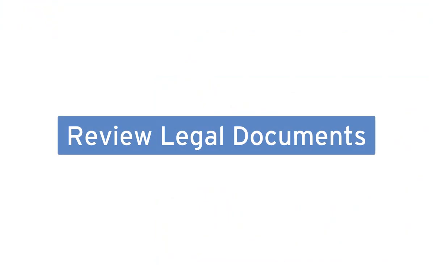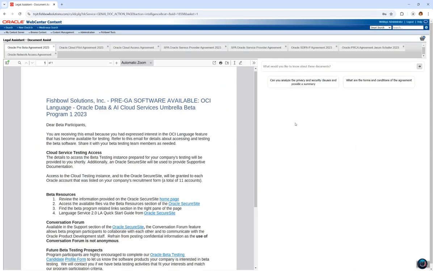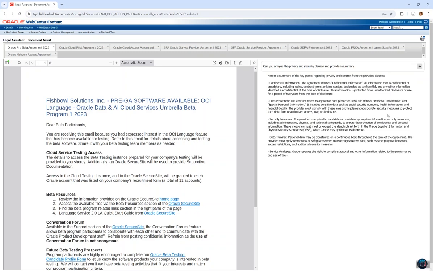Finally, let's explore how AI can analyze multiple documents collectively. Here, I've gathered a set of Oracle contracts into my collection basket. I'll use the legal assistant to analyze these contracts. By asking AI to summarize the privacy and security clauses, it quickly provides insights and detailed summaries based on the